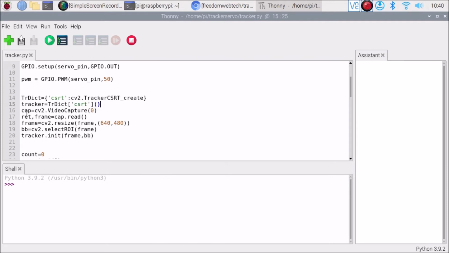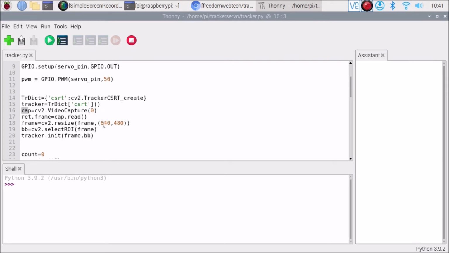Then we need to select the object for our tracker, the CSRT tracker. For that, here we need to mention cap is equal to cv2.VideoCapture. This is how, as we always do, we mention our USB web camera, or we can say our camera. This is the method, and inside that we need to mention the index value for our USB web camera, so 0. Okay, then read frame, and of course cap.read. This is how we read the frame.